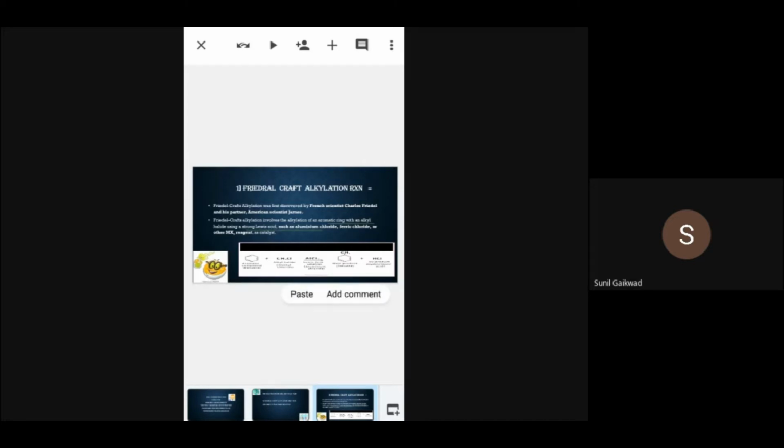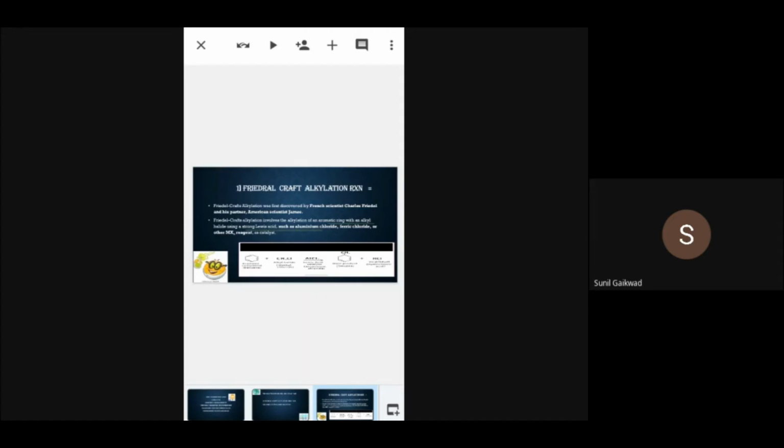Now you may be wondering why we carried out this reaction in the presence of AlCl3, why not another compound? The answer to this beautiful question is that AlCl3 is a Lewis acid. Now what do I mean by Lewis acid? I would like to correlate this Lewis acid concept with a chapter which was present in our class 11th, equilibrium. Lewis acid simply means the acid which needs more electrons.